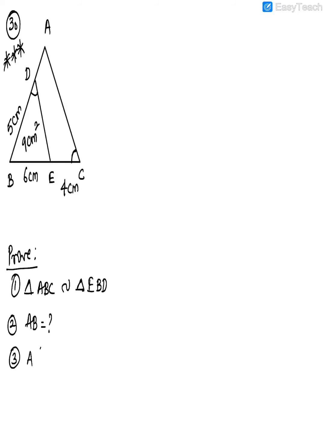So guys, ABC is a big triangle and EBD, that's a small triangle. I'll just highlight the small triangle so that we understand which triangle we are talking about. This is the small triangle done here and the big triangle. So you can see one of the angles is already congruent. In the small green one you can see D, and in the big one C, they are equal. We already proved one. And one more set of angles we can prove equal. How? That is the angle B. You can see it's equal in both.